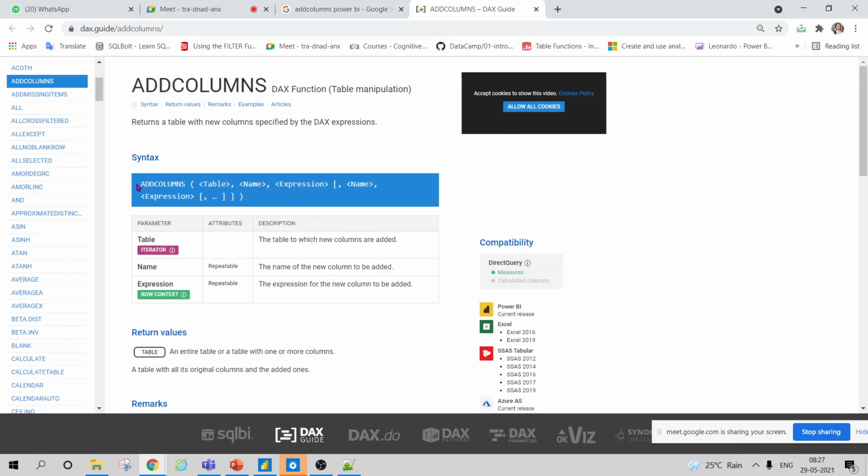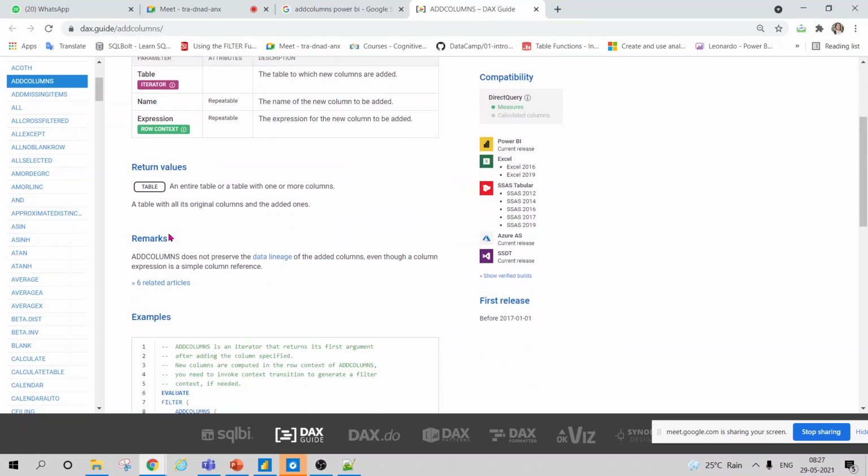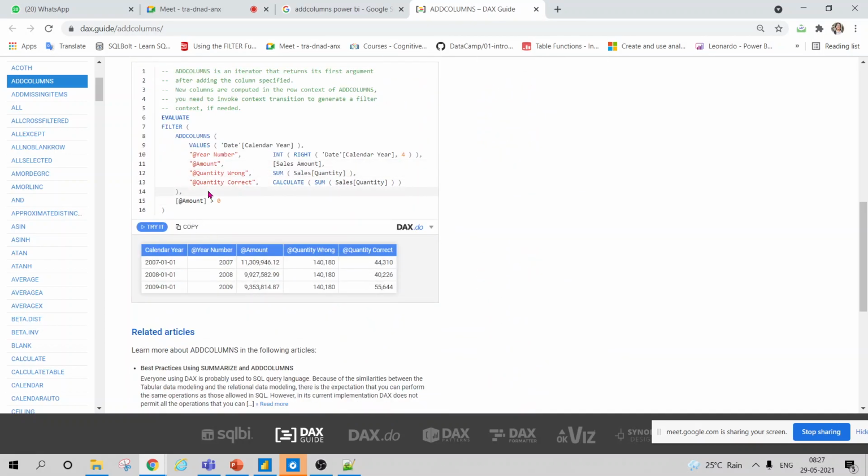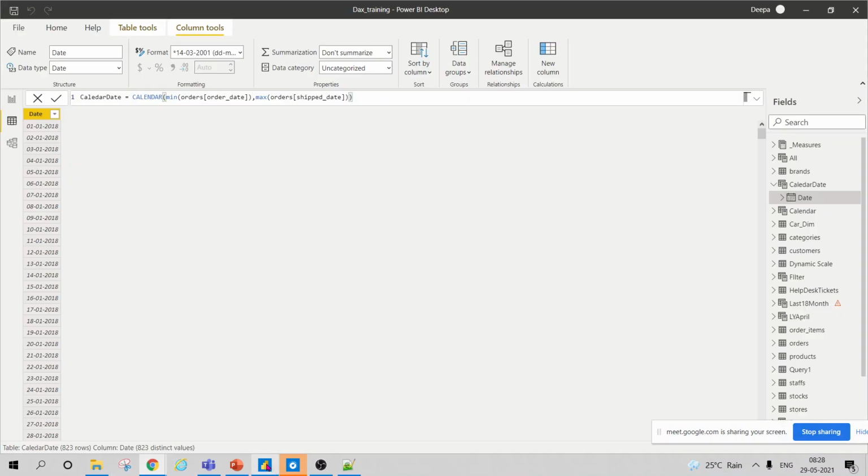The syntax asks for a table, then it asks for the name of the column, and what calculation you want to perform on tables or earlier columns, and the resultant table you want. So this is how add columns works. Here are some examples as well, where you write add columns and then you can check the values, and you can use different calculations with add columns. So we'll go there and we'll check that.